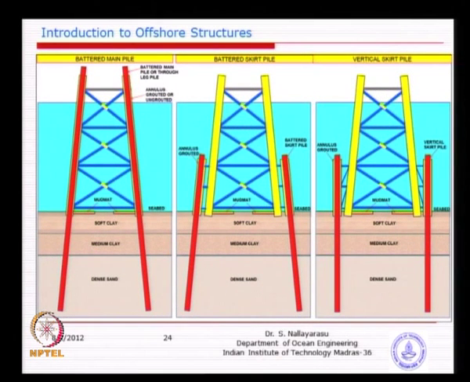And in the last one you can see, when you see this picture, you install this pile through the leg, so the pile and the column are duplicated, isn't it? Whereas here, the column is separated from the pile, so the wastage of material inside the full length of the column is avoided. The only difference is the pile has to be installed through an underwater system. So this is called a skirt pile, this is called a main pile. The pile through the leg is called a main pile, whereas the pile driven through an additional skirt or additional sleeve is called a skirt pile. It is just a difference.